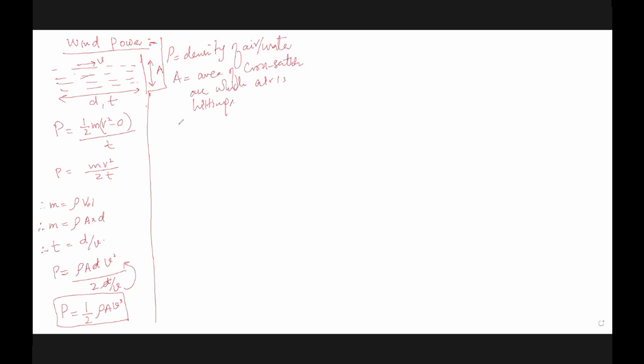So A will be given. Now with what speed it is striking, ये भी आपको given होगा. तो this is speed of wind or speed of air, right? So ये आ गया आपके पास formula for power, 1/2 rho A v cube. Wind power होती है. All right, and one last thing,